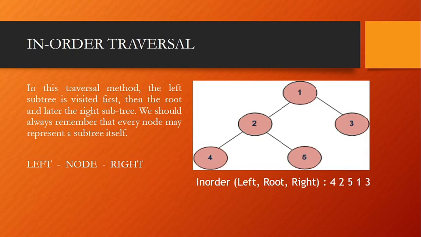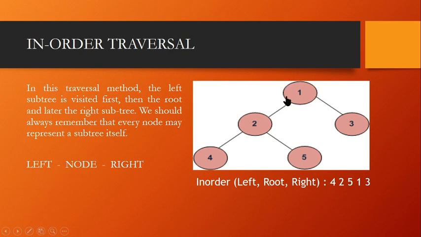So let's see in depth what is in order, pre-order and post-order. Let's see with the tree structure. I'm taking a very simple tree structure over here. I told you the traversal order, that is left, node, that means root, and right for in order. Look over here. This is my root. 1 is my root and 2, 3 are the children of 1 and 4, 5 are the children of 2, and it goes on. So let me find out for this tree structure how the nodes are going to be connected, starting where and ending where.